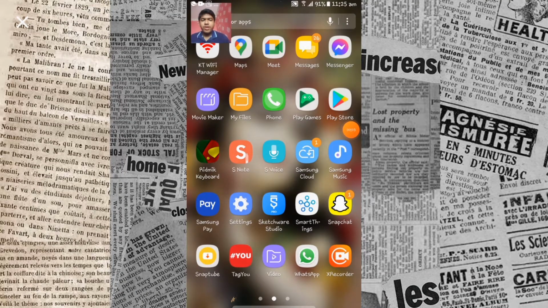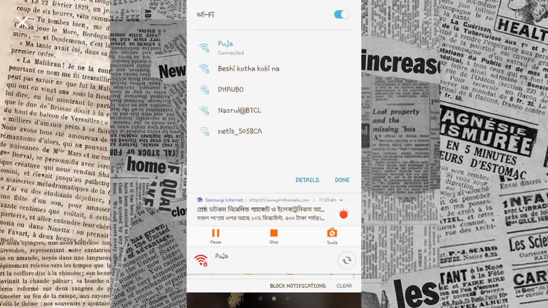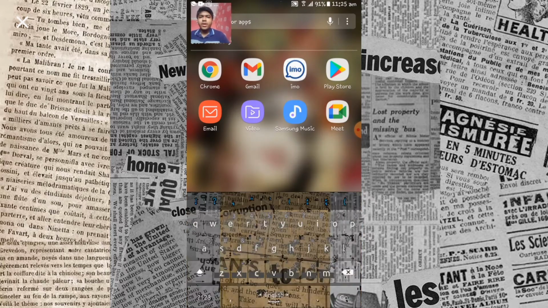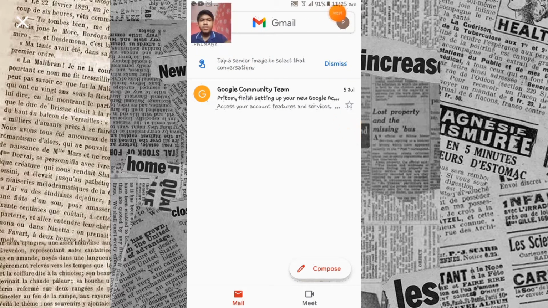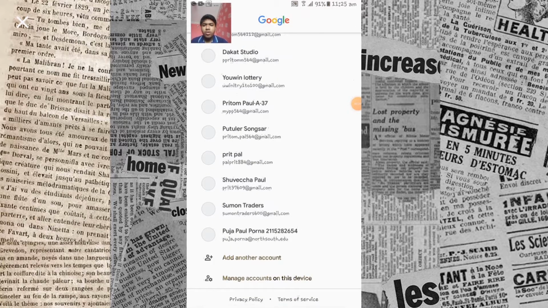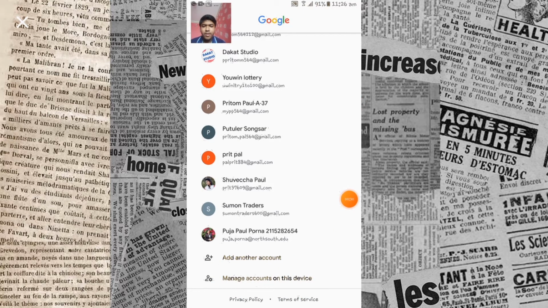So friends, first look at whether your Wi-Fi connection or internet connection is on. You have to turn it on, and then go to your Gmail app. After going to Gmail, tap on this button, your accounts button, and now here scroll down and see here, manage your accounts on this device. Tap here. Okay,